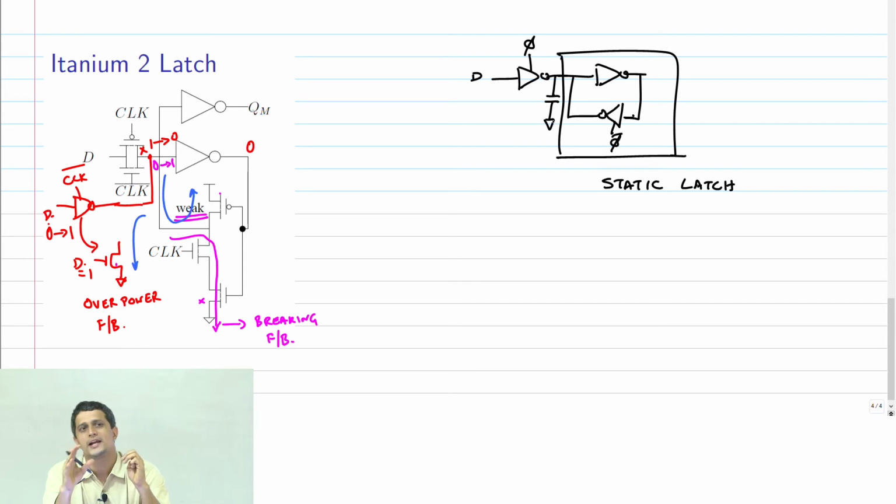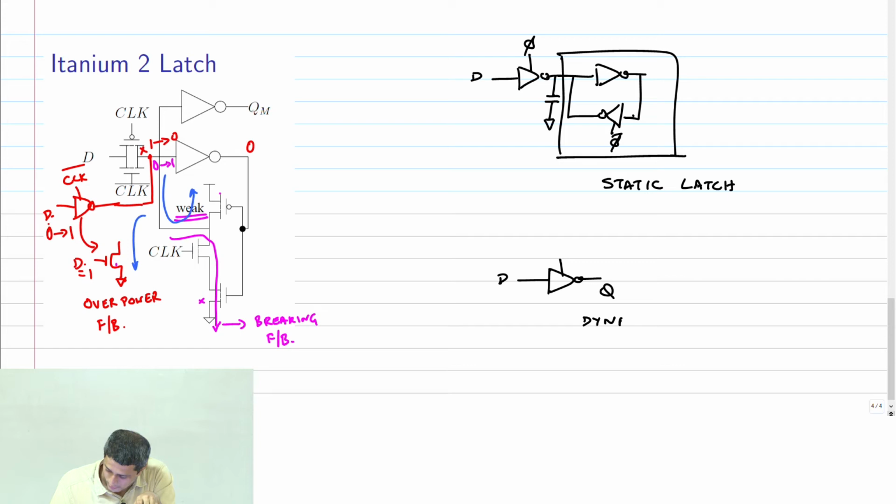And technically it is possible to do this with a reasonable capacitance on chip. Therefore you can simply use a tri-state inverter as a dynamic latch. Fine. Okay?